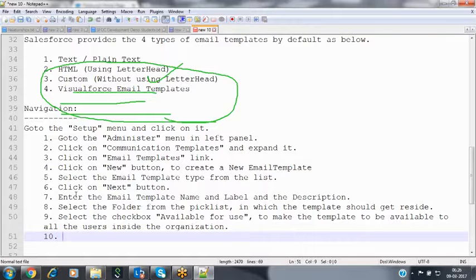For example, assume I have a template where I have specified some subject and content, along with our organization address. Recently we have shifted from Hyderabad to Bangalore, or from one location to another, so I have prepared one more email template where I have specified the latest address, the current address, not the older address. At that time, the old one should not be used.